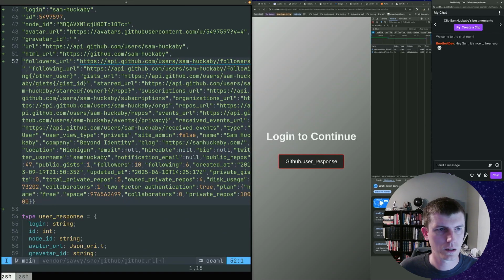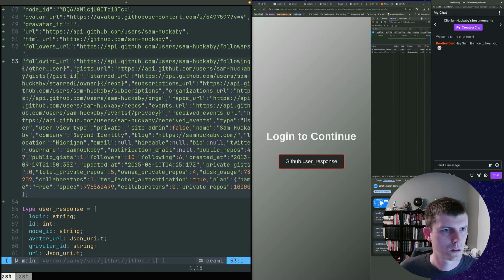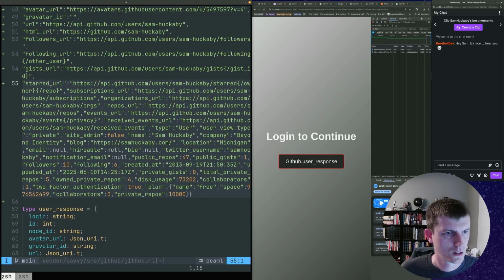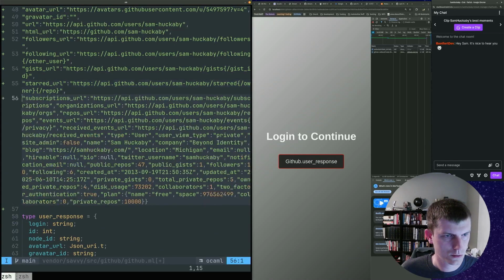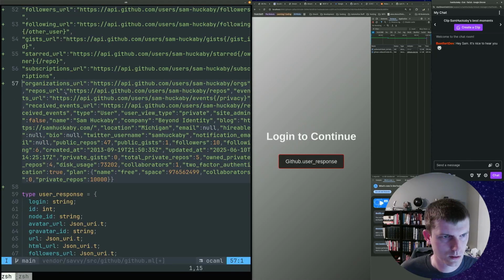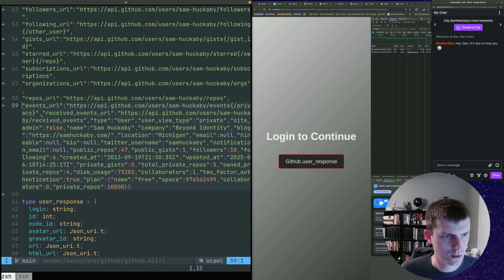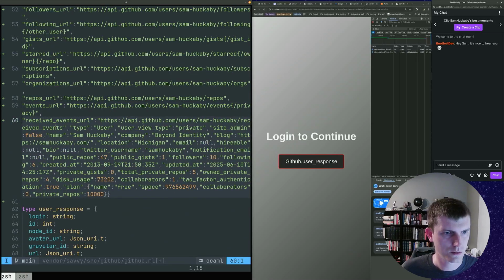Follower URL. Gists URL, starred URL, subscriptions URL. Man, there's a lot of URLs. Repos URL, events URL, received events URL,